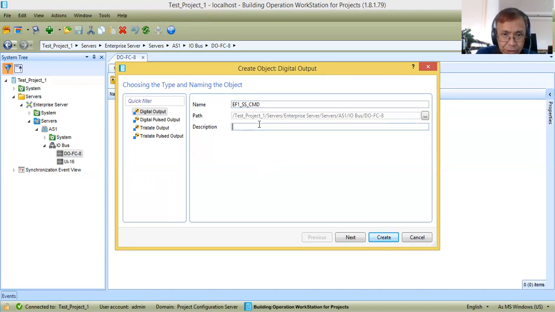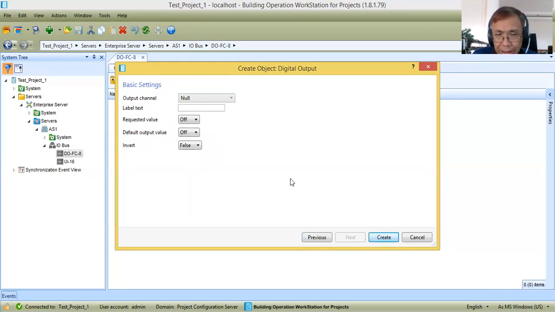So I will put the description here. I can say EF1 start stop command. In the description, you can use spaces, no problem. So, next.